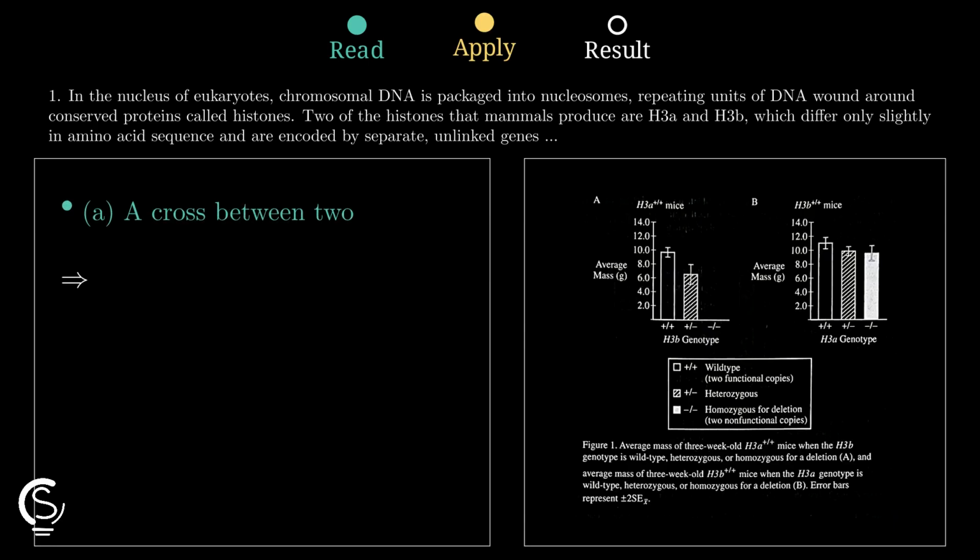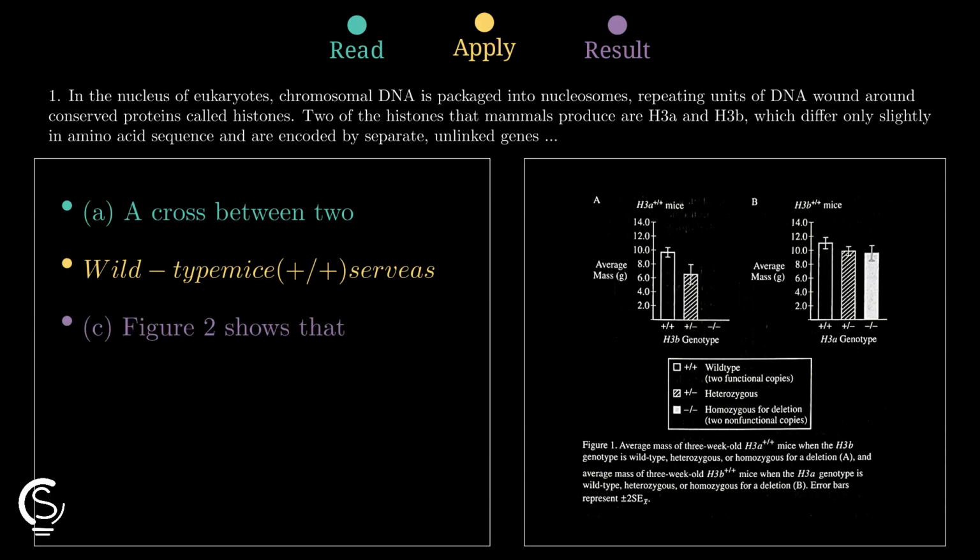The data indicate that H3B +/- mice experience a significantly greater reduction in mass compared to H3. Critical for growth. Part C, Figure 2 shows that the H3A-/- genotype leads to a drastic increase in sperm structural defects, mostly tail defects, with only about 15